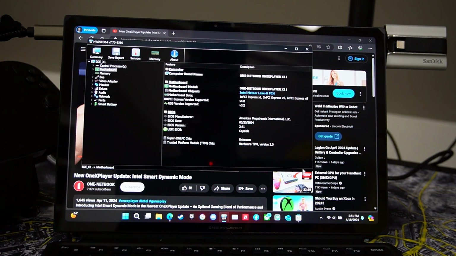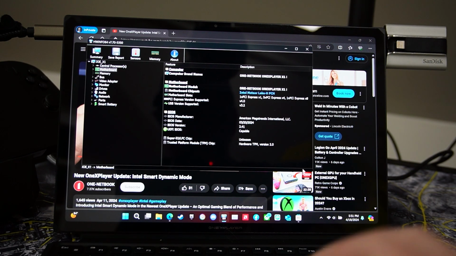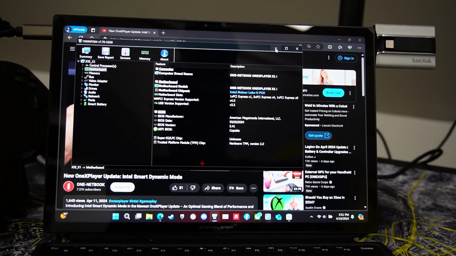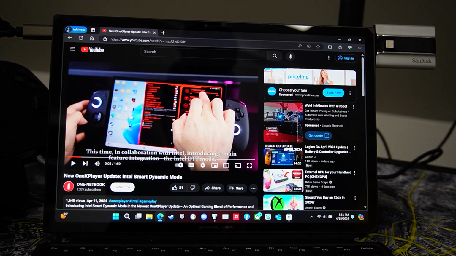to discuss a BIOS update available for the One X Player X1. And I have my One X Player X1 in front of me, as you can see. The BIOS update has to do with a video that One X Player released April 11th of 2024 regarding its next One X console update